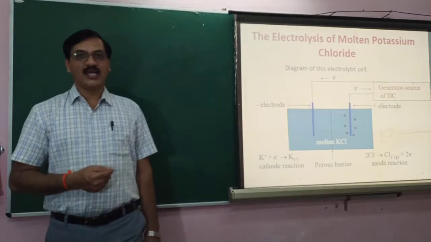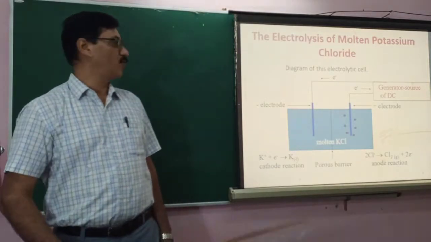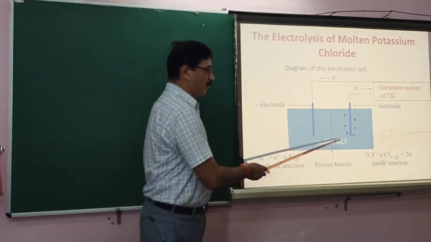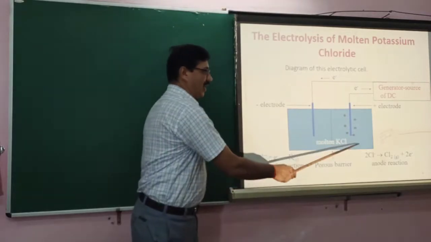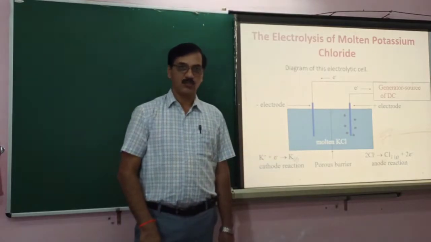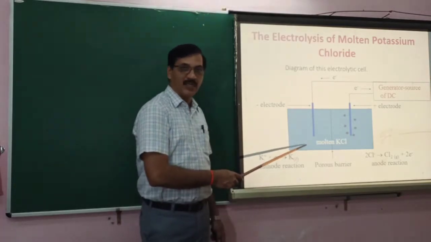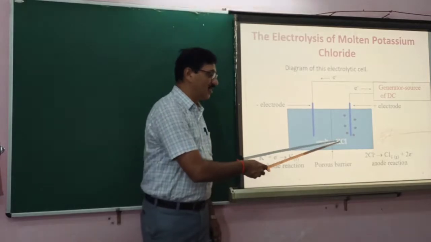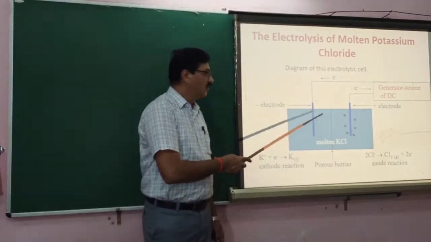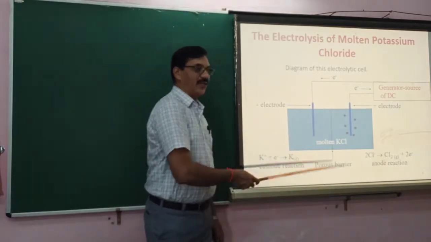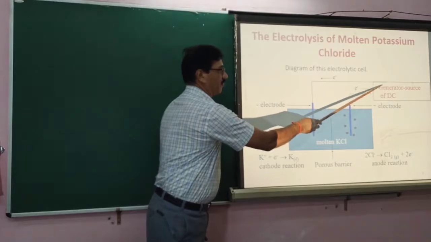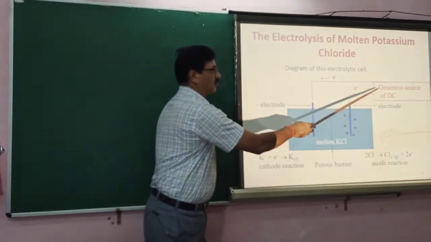Now, this is the arrangement for electrolysis of potassium chloride. Molten potassium chloride is taken as the electrolyte, in melt form. It is kept at high temperature so that KCl remains in the molten form. Two inert electrodes are being taken, and when current from the DC source is passed,